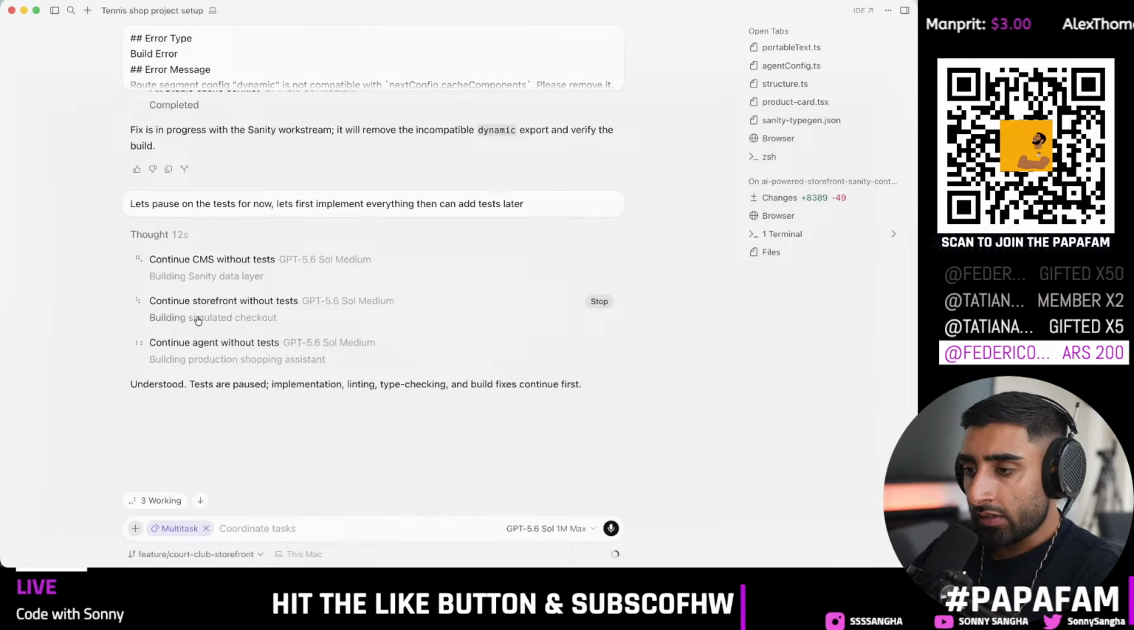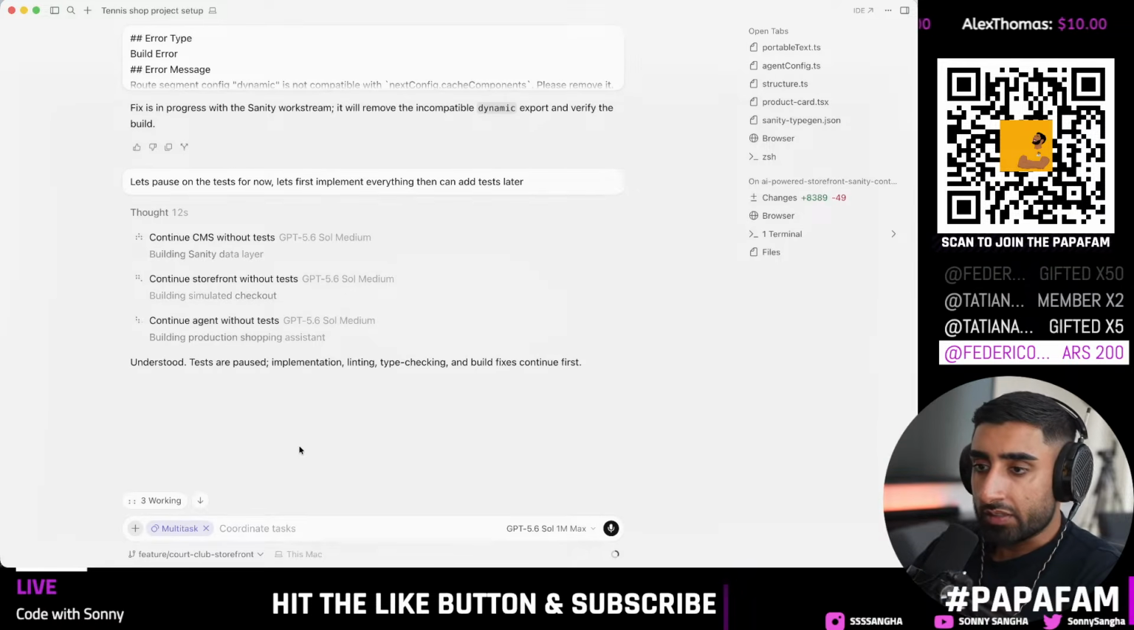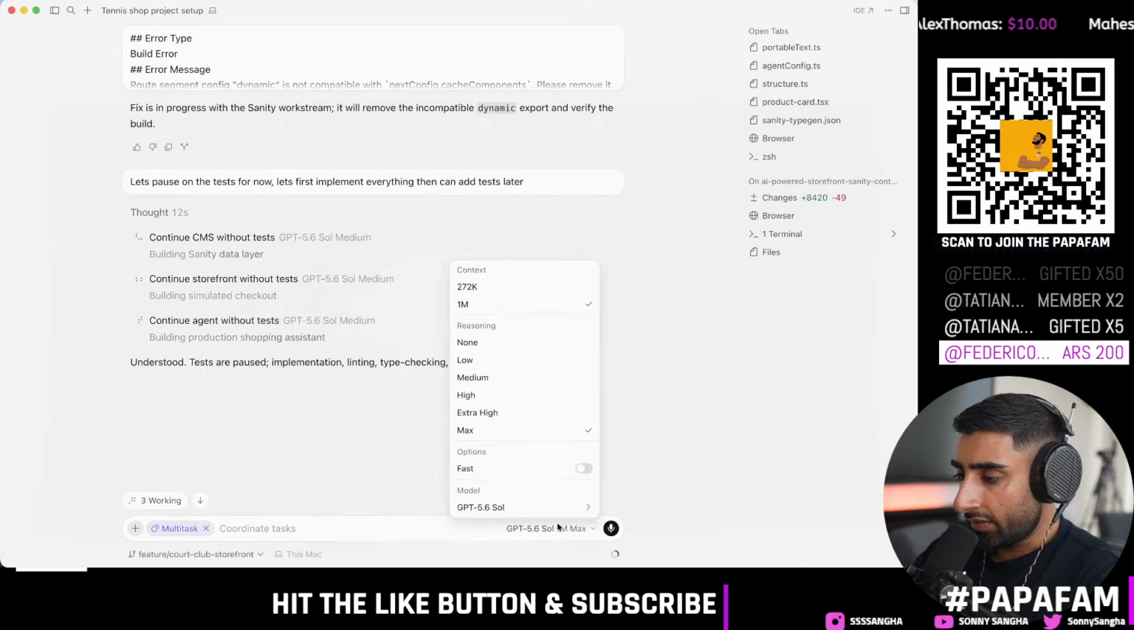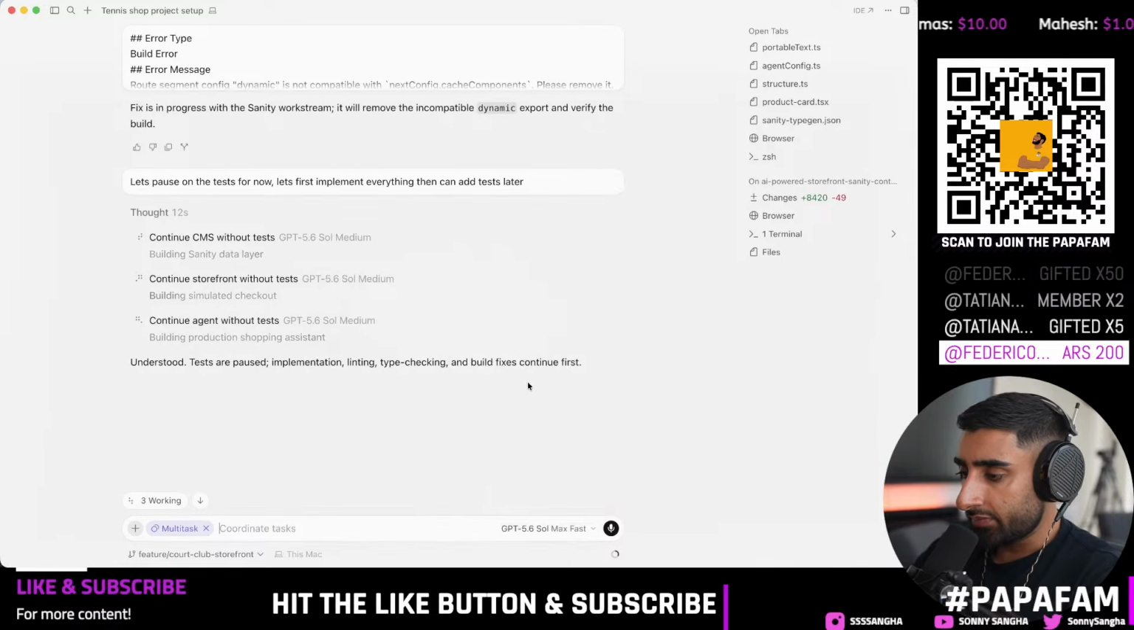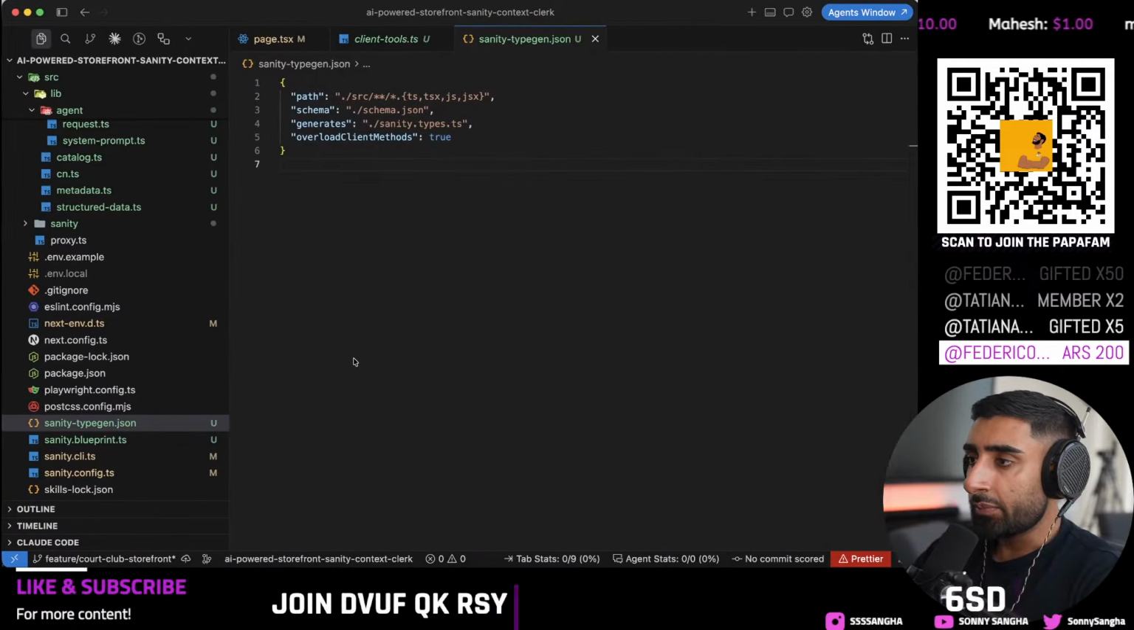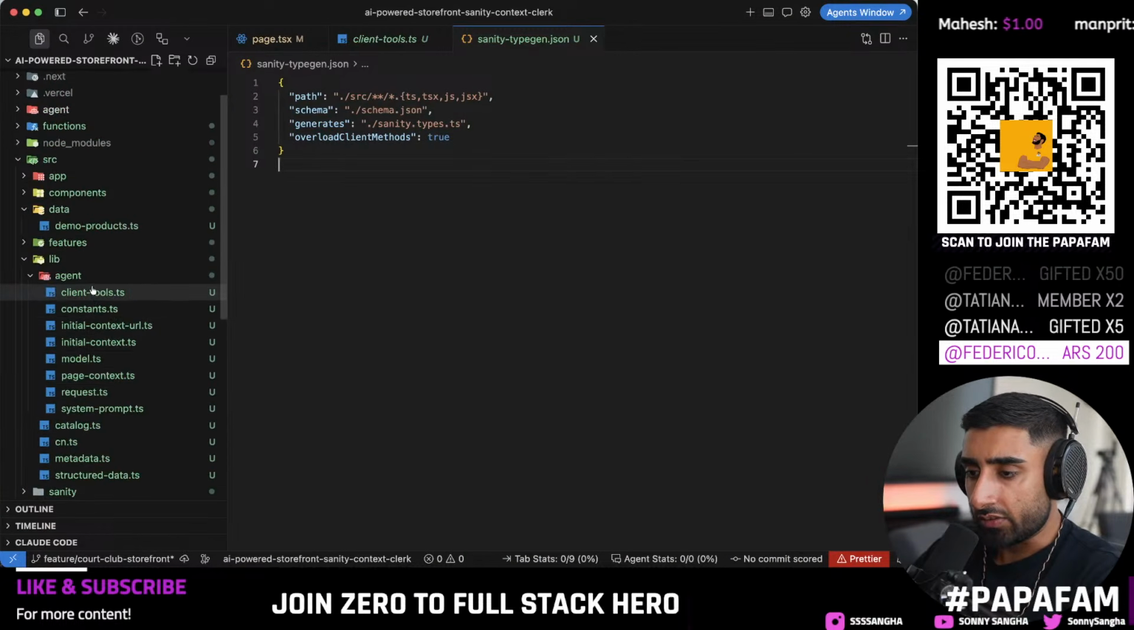Okay. Building simulated checkout, continuing. So this is pretty cool. It's doing it basically 3 times as quick. Okay. And in fact, let's see if we can toggle fast mode. Cool. I'm not sure if it'll actually kick in and make those old agents run a bit quicker,